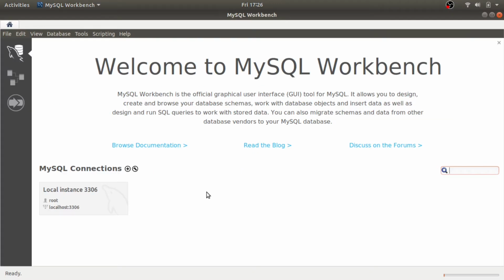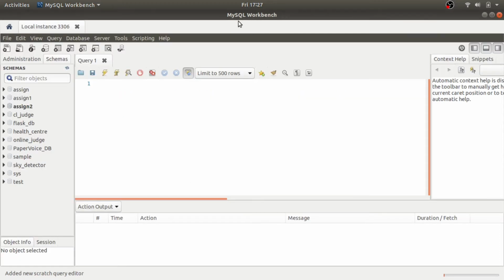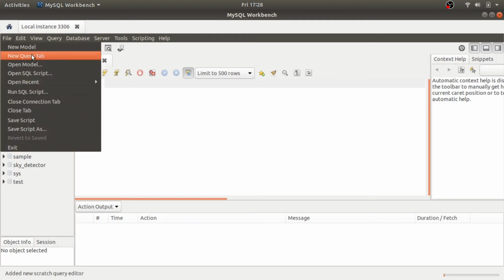Now when you open MySQL Workbench, just enter the password that you entered during installation. I can give you a quick tour of this MySQL Workbench. Here you would find all your databases or schemas, and this is a button for refreshing your schema. Suppose you created a schema, you would always refresh it first, then you will be able to see all your tables here. And if you want to create a schema, here is a button for that. Whatever SQL commands we will be writing, we write in this query tab. You can open multiple query tabs by going over here and choosing new query tab.